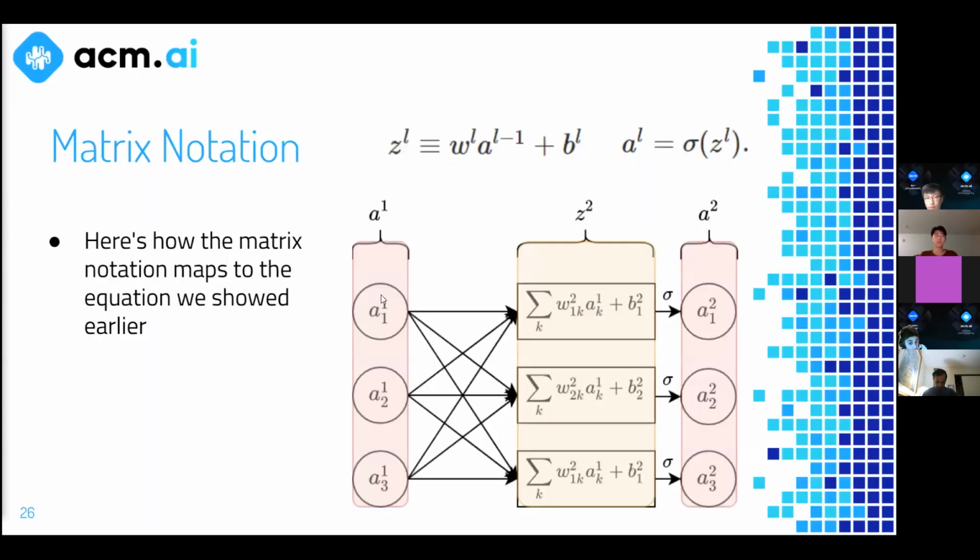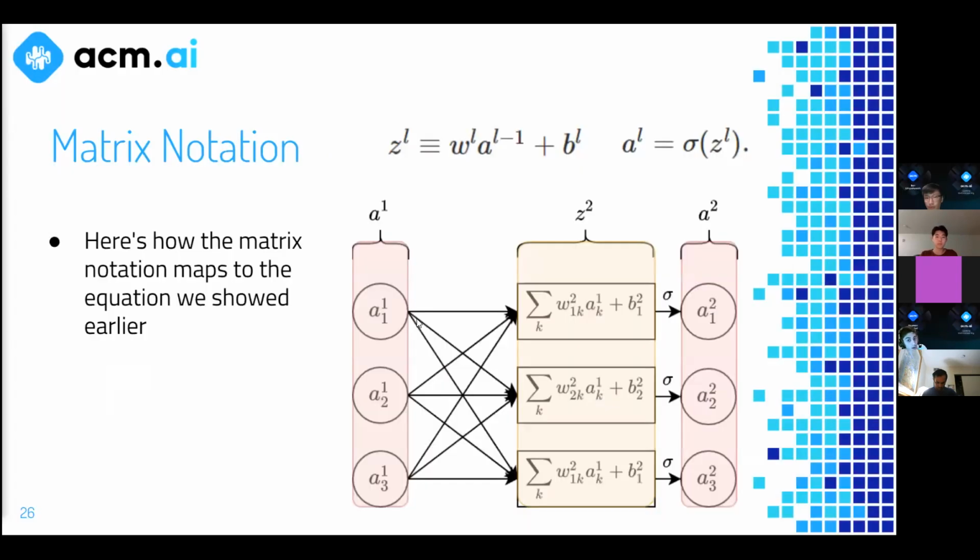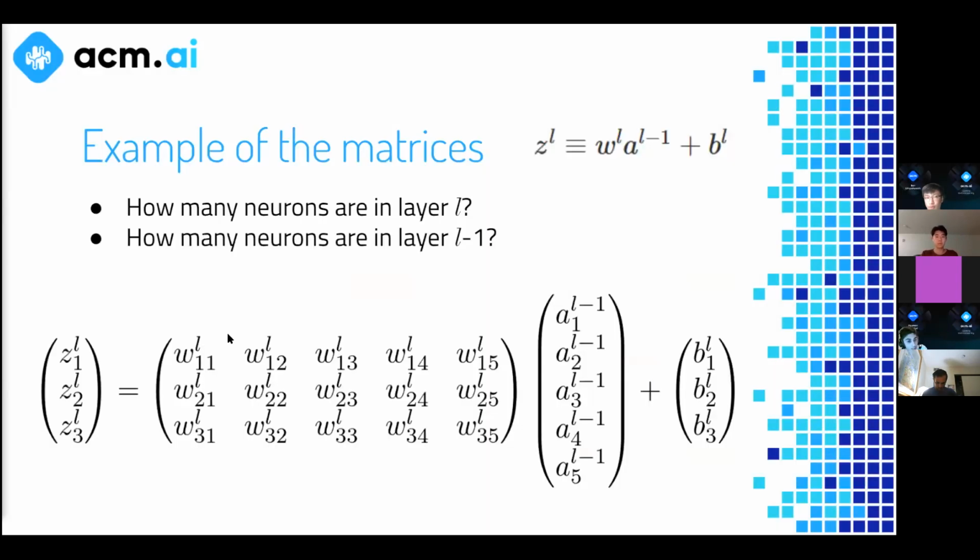Because here there were 3 neurons in the previous layer, so there are 3 of these arrows. Now, if there are 5 neurons in the previous layer, there have to be 5 of those arrows. Each of those arrows represents a certain weight, so it makes sense that there are 5 values here. This represents the first arrow that points to the first neuron, the second arrow that points to the first neuron, the third arrow, and so forth. And then this represents the first arrow that points to the second neuron, the second arrow that points to the second neuron, and so on and so forth.